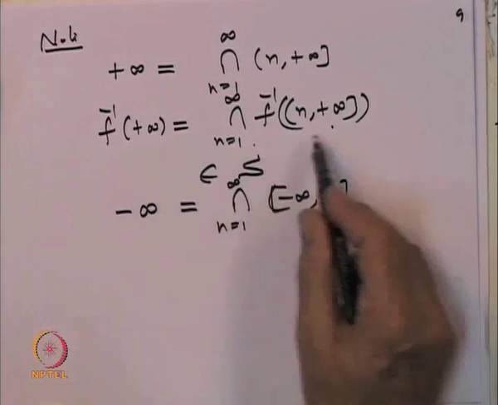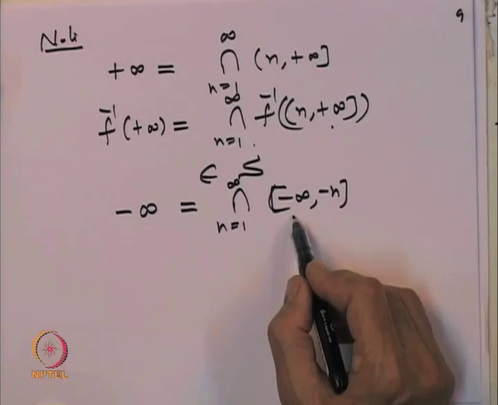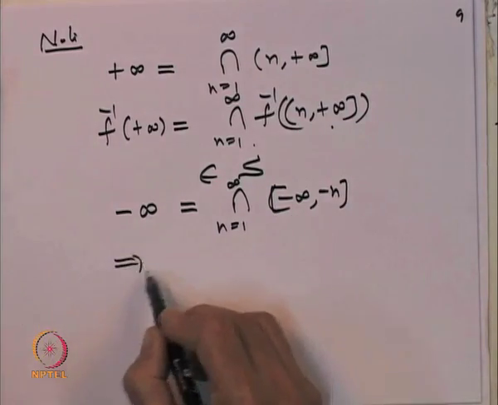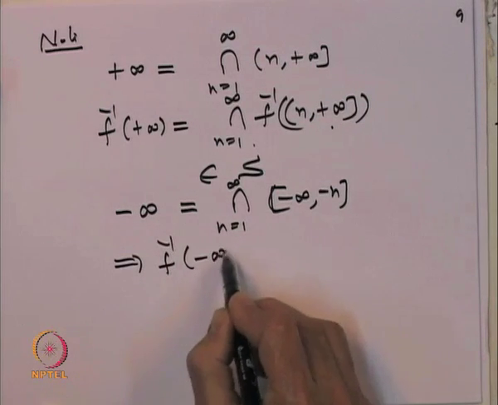So, the inverse image of this will be the intersection of inverse images